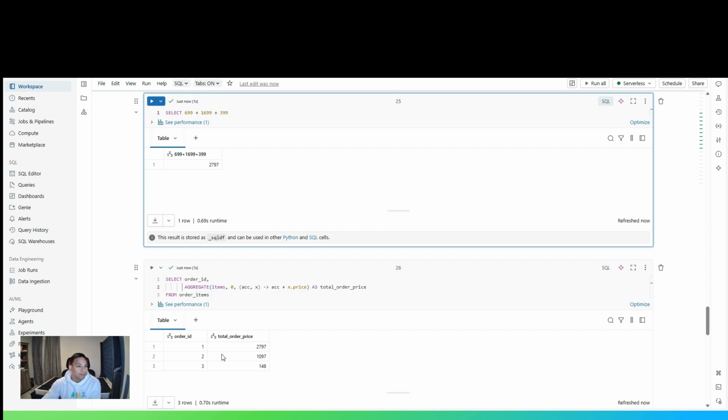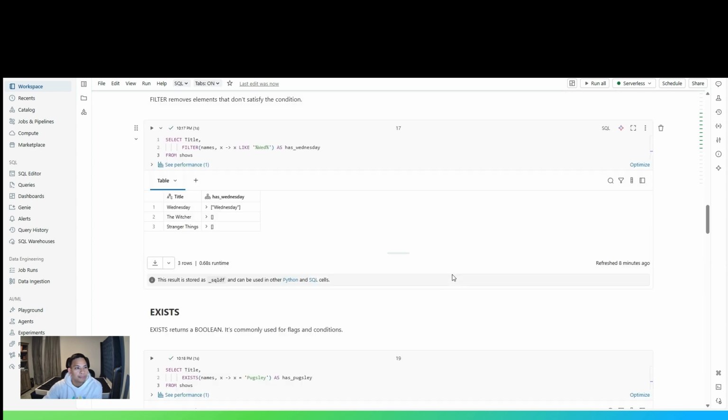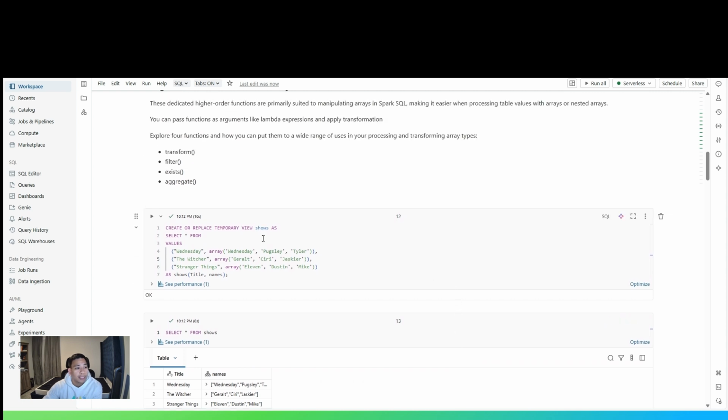So that's it. We went through different higher-order functions. We looked at transform, filter, exists, and aggregate. Again, this is really useful if you don't want to explode your array. You can just operate